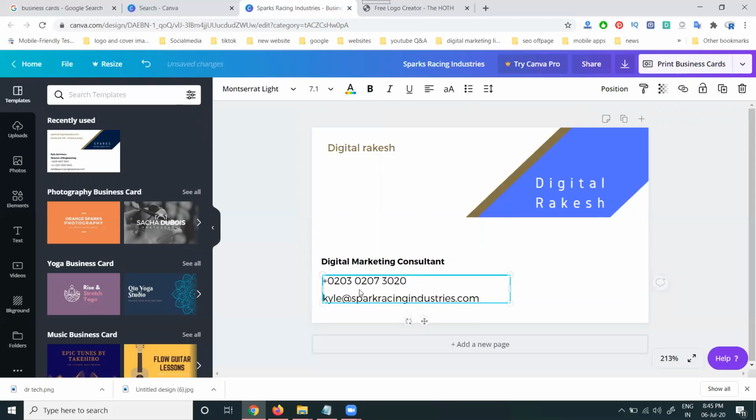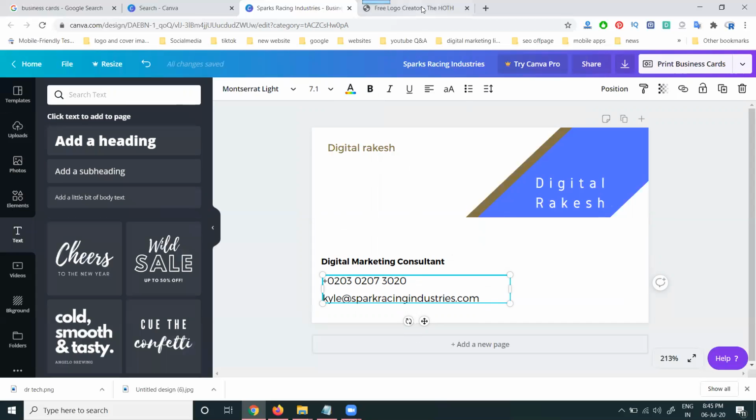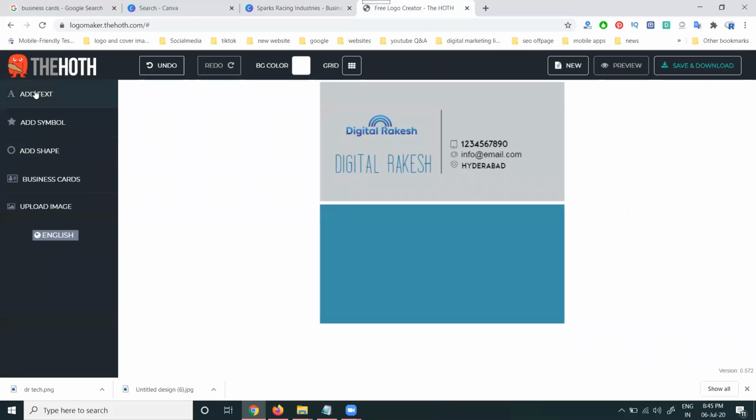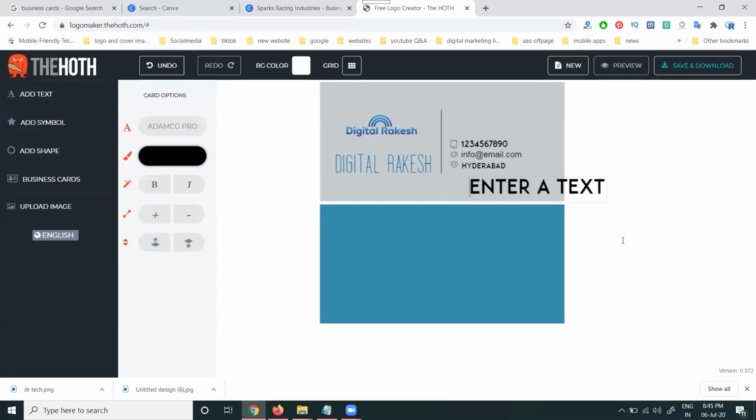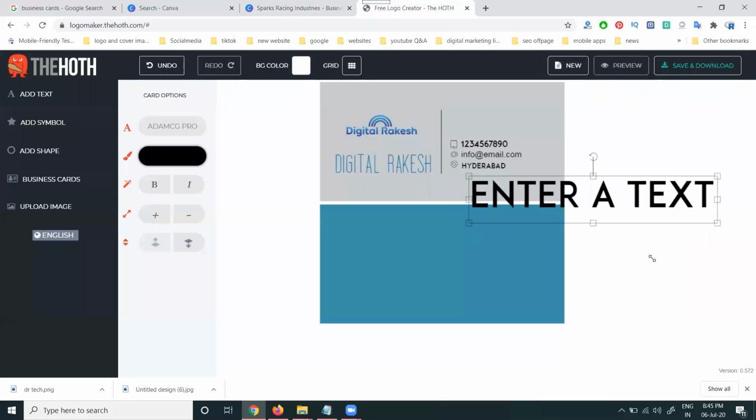I'm going to give dummy details and add them here. And what specifications do you have? Add the specification using the text format. Here is the text. After adding it here, just go back. After that, increase or decrease your size option.